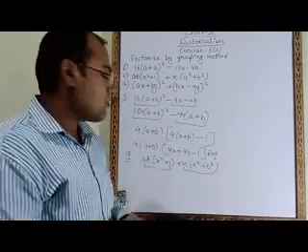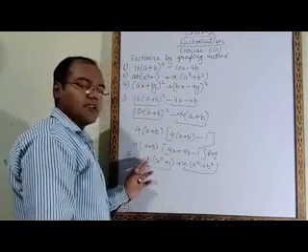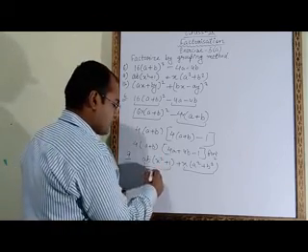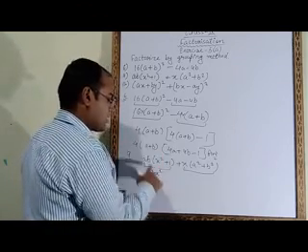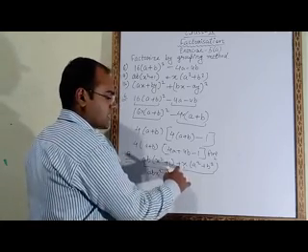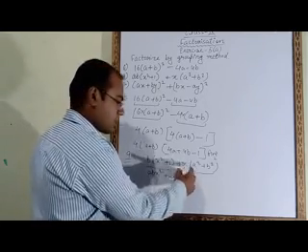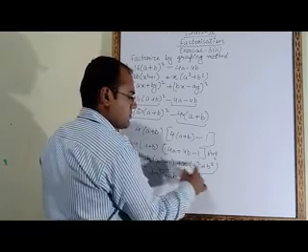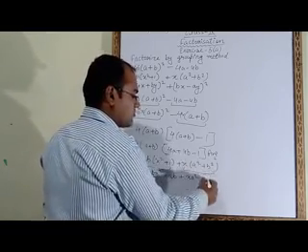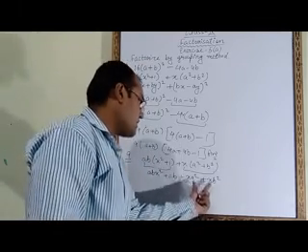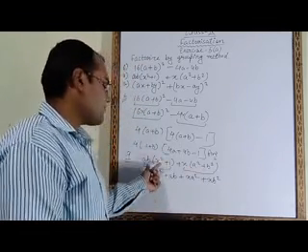So what we have to do now? Here we will multiply. This AB we have to multiply with both the terms. So AB into x square will become ABx square. AB into plus 1 will be plus AB. Plus here also what sign is there? Plus. So plus x into a square will be xa square, plus x into b square will be xb square. So these two terms we get from here.